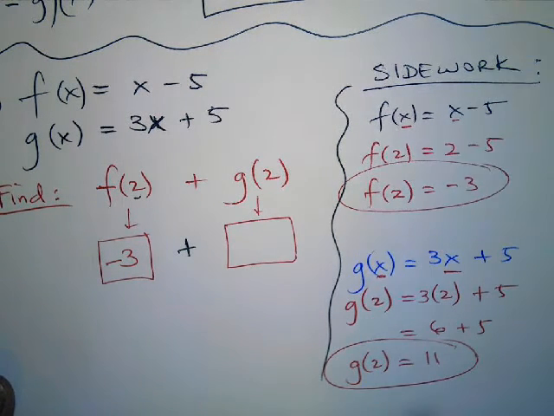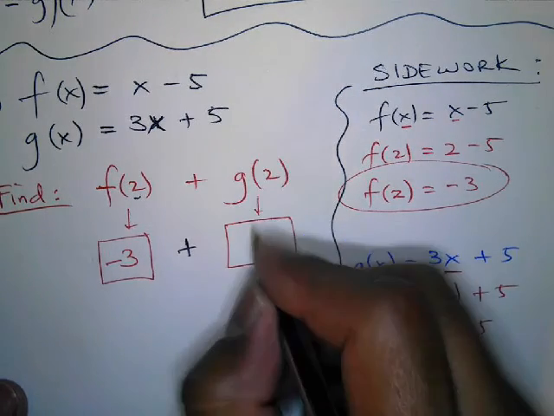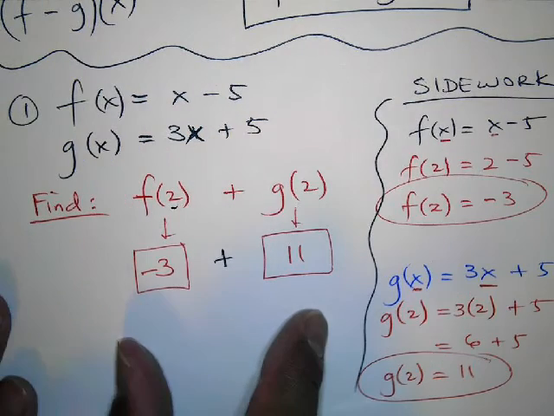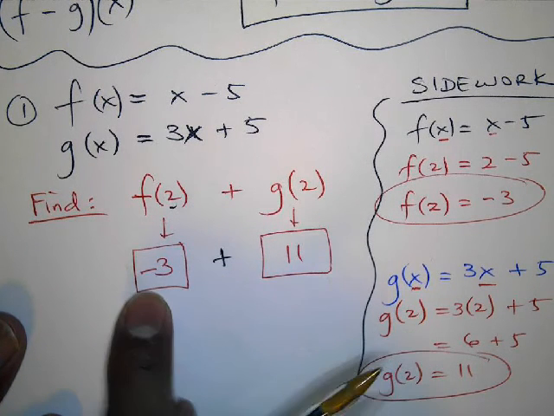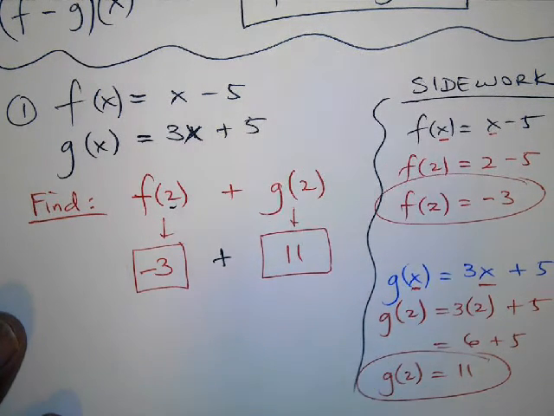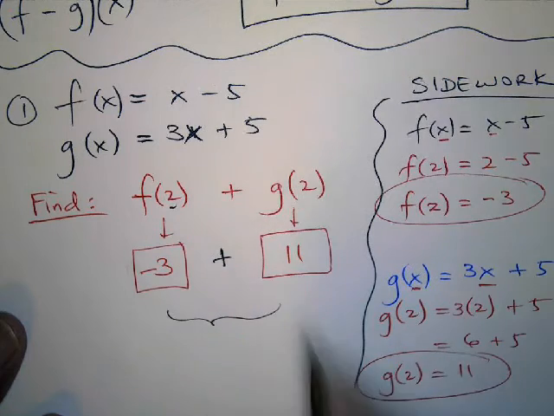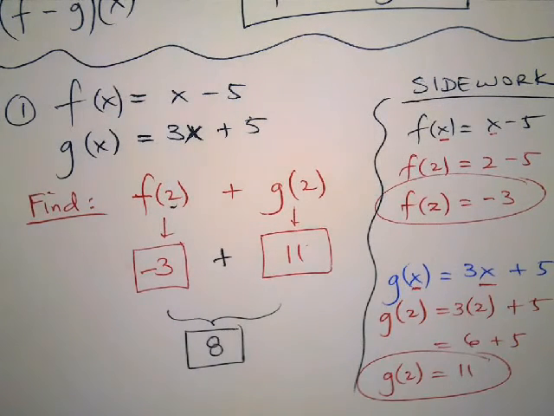Remember that? Okay. Good. And then, is that the answer? No, that goes here, right? Now we found this value here. Now we come back to the main problem at hand, and we figure this out. What is f of 2 plus g of 2, which is negative 3 plus 11? Well, the final answer is what? Negative 3 plus 11, or 11 take away 3, is 8. Okay,